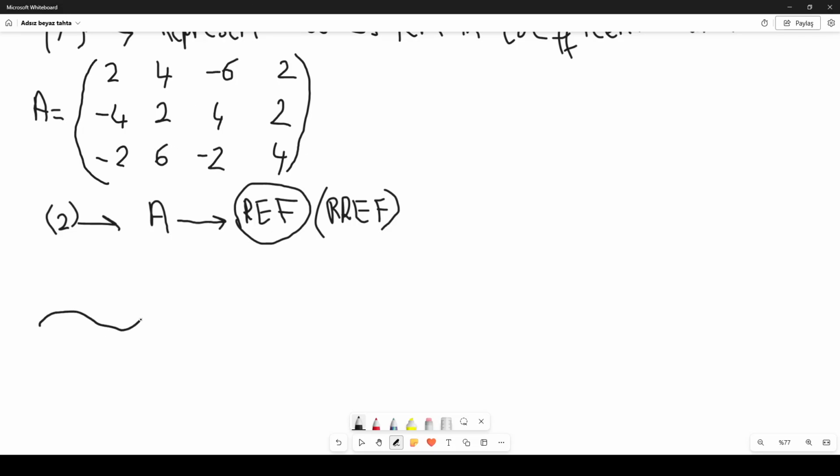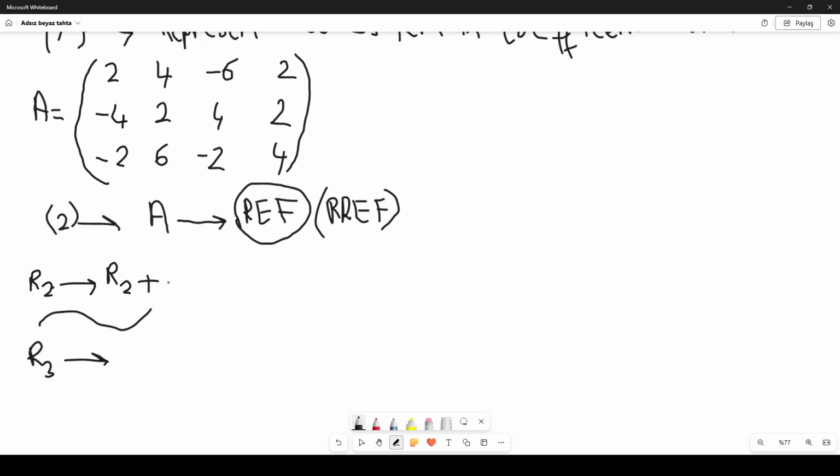And the first thing to do is, I need to have a strictly increasing number of zeros starting from the top row and ending with the last row. So the first thing to do is replacing row 2 and replacing row 3 by something else, by performing some elementary row operations. Okay, so for the row 2, say row 2 plus,